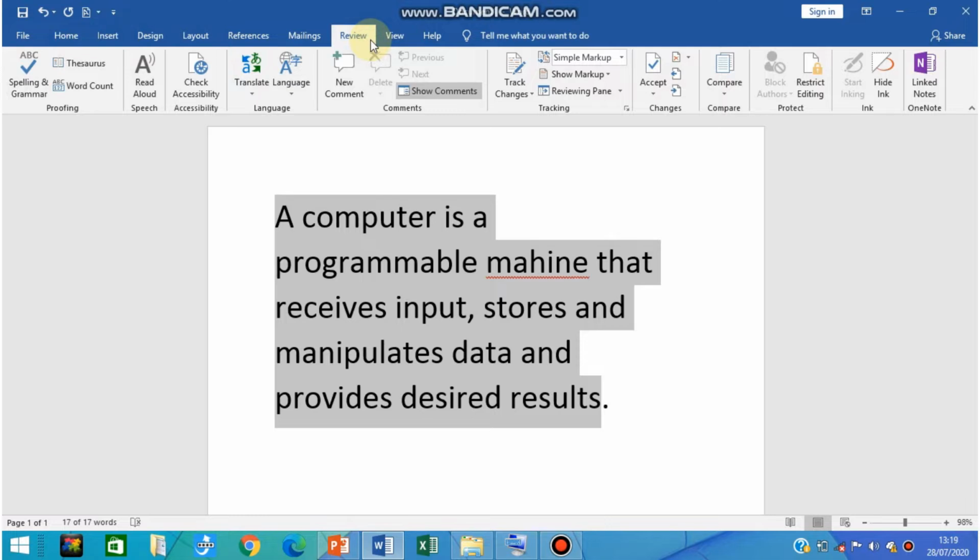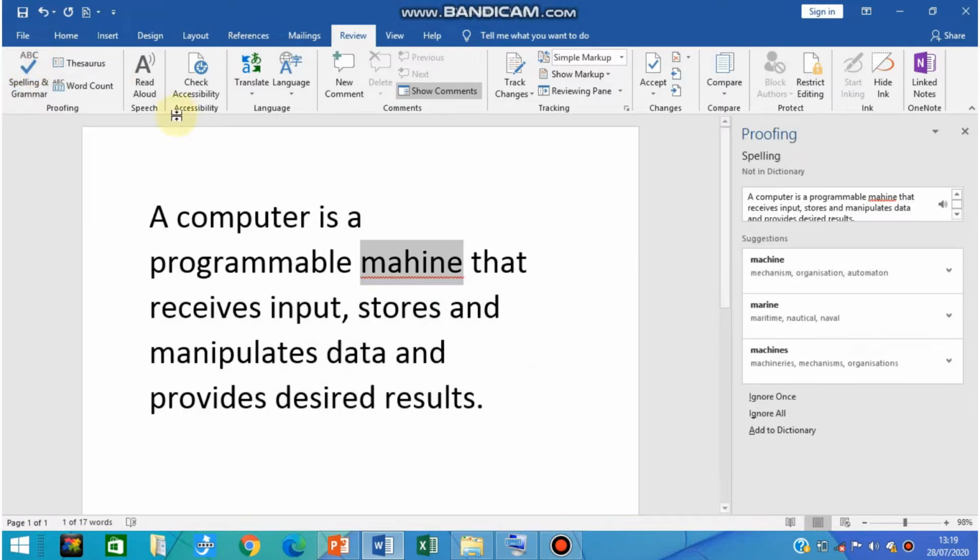After going to the Review tab, you will find a section called the Proofing section. Under this Proofing section, you will see the option Spelling and Grammar. Click on Spelling and Grammar, and your misspelled word will be selected.